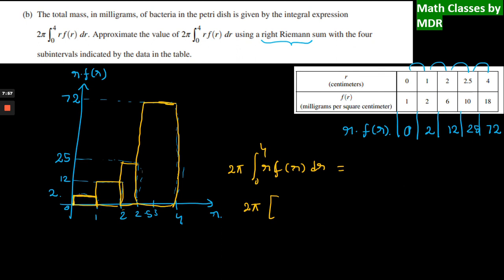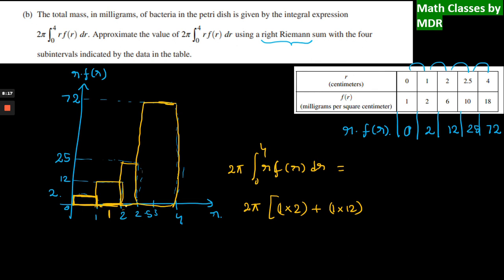The first rectangle's height is 2 and its width is 1, that is 1 into 2, plus, for this, the length is 1 and the height is 12, so 1 into 12,